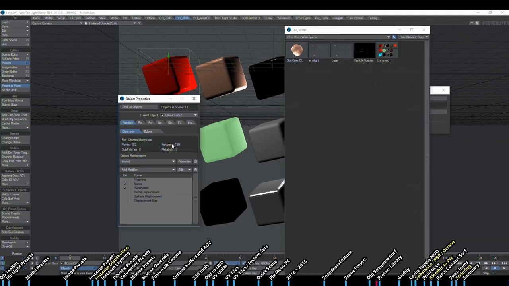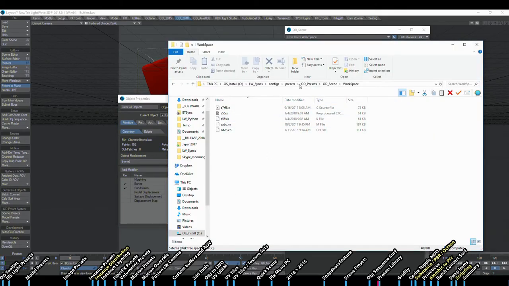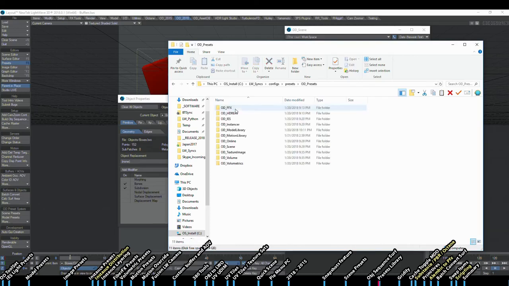And could you just clarify for me again, I'm sorry, where all this stuff is saved? Is it all saved in a prefix folder? So the preset system, LightWave has by default in your users folder render properties and surface editor presets. They've always been there. By default now, if you use my system, it'll also make an OD presets folder. Inside of that, you have all the different instances of presets. This is where the libraries will go by default. You can then change it in